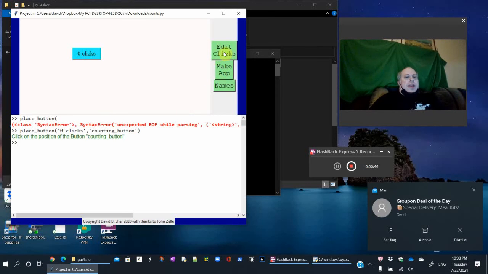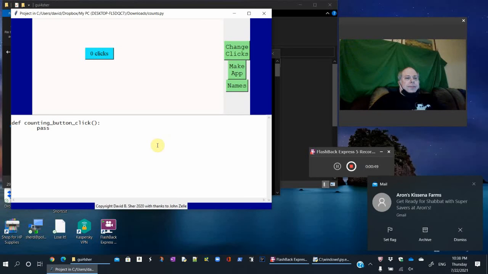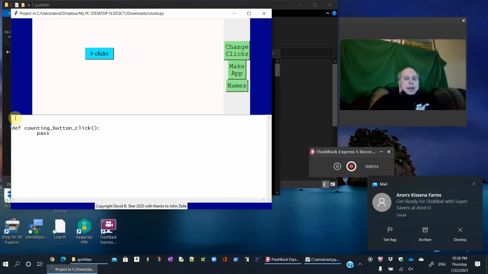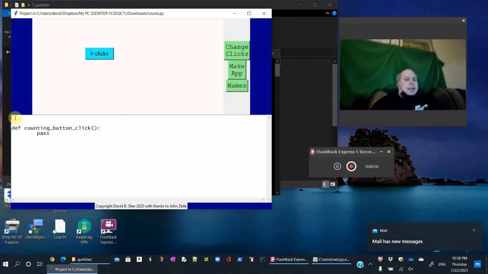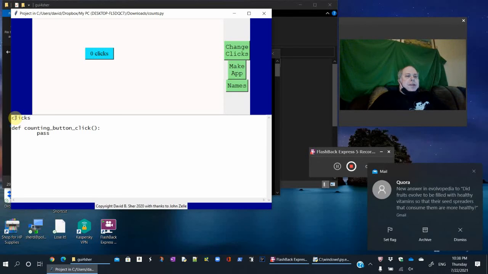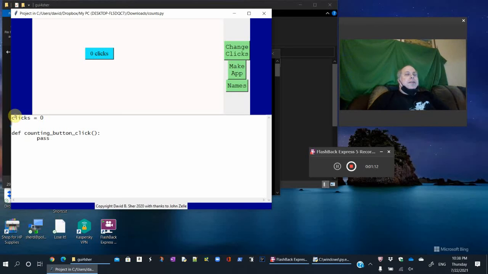So now I'm going to make it count. I'm going to put some Python code in the clicks window that's not defining the button. I'm going to create a global variable because that's the only one that can retain values between clicks. So clicks is going to live outside the counting button, and it's going to count how many times